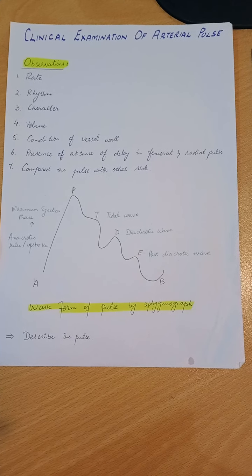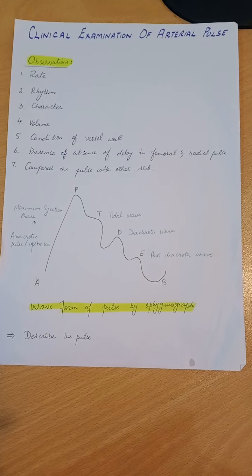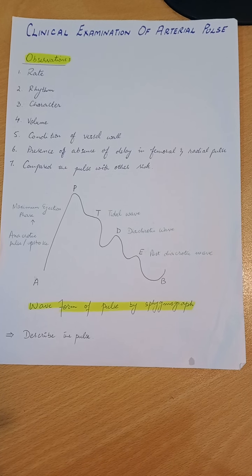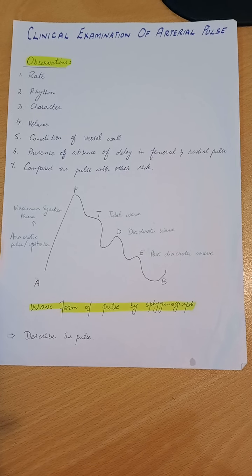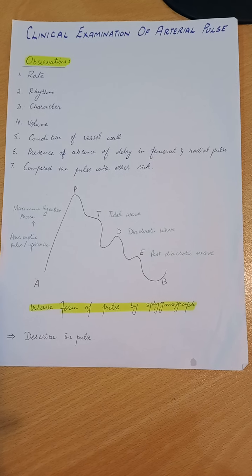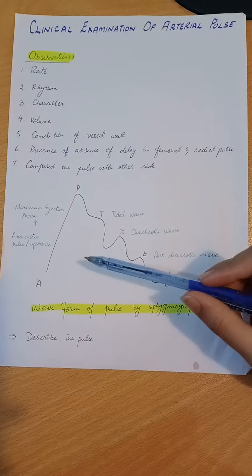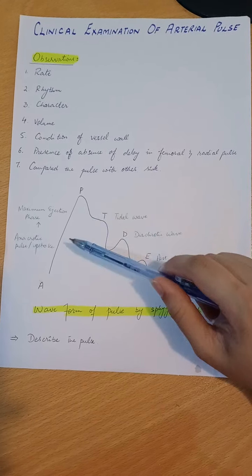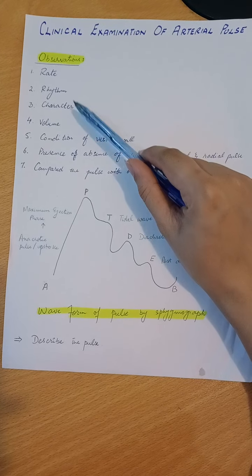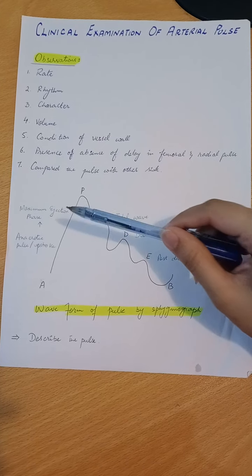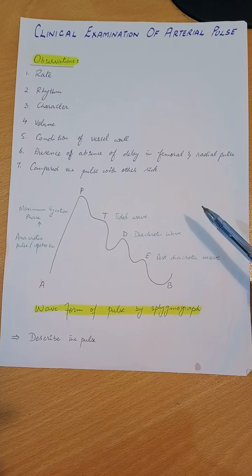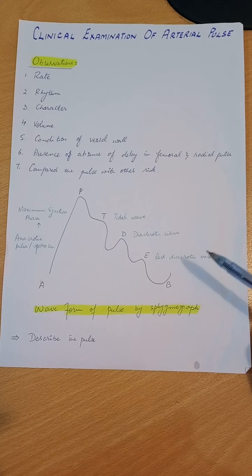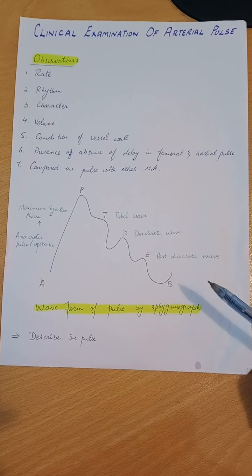And the last abnormal character is pulsus alternans. When the ventricle beats strongly, then weakly in successive beats of normal rhythm, this alternation is present. So we have discussed the character of the pulse, which is determined by the sphygmograph, and we have discussed 4 types of abnormal characters, which were anacrotic pulse, water hammer pulse, bisferiens pulse, and pulsus alternans.